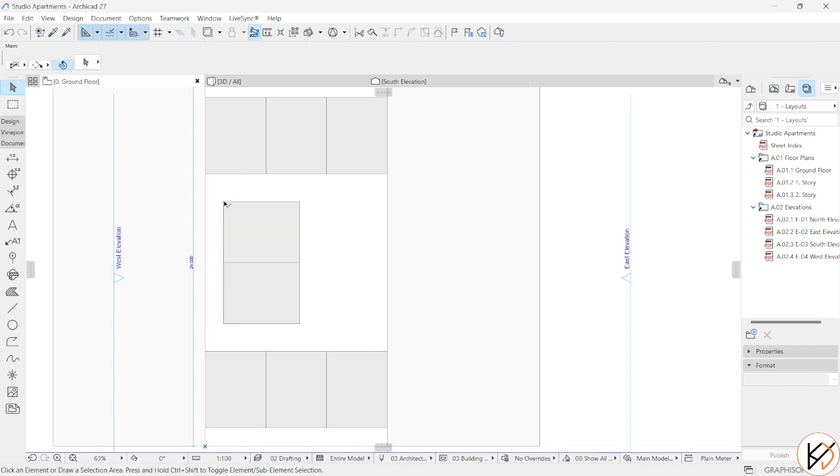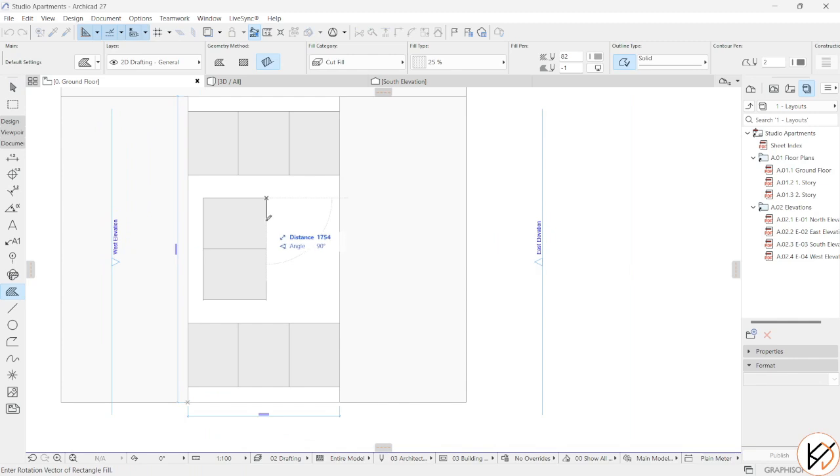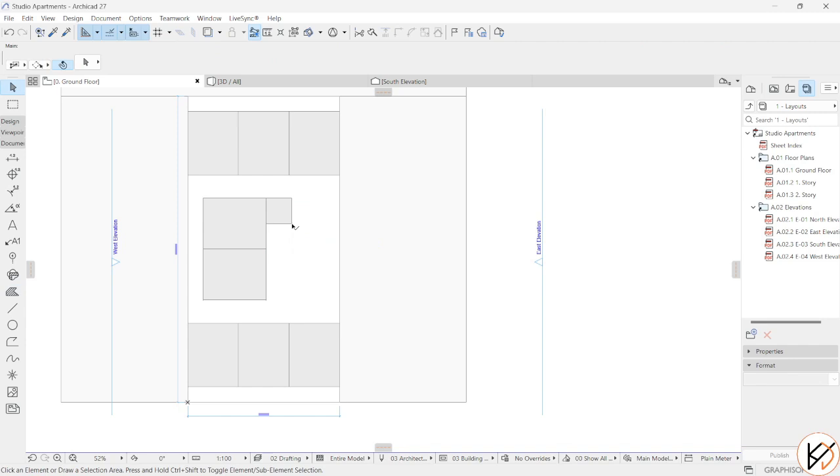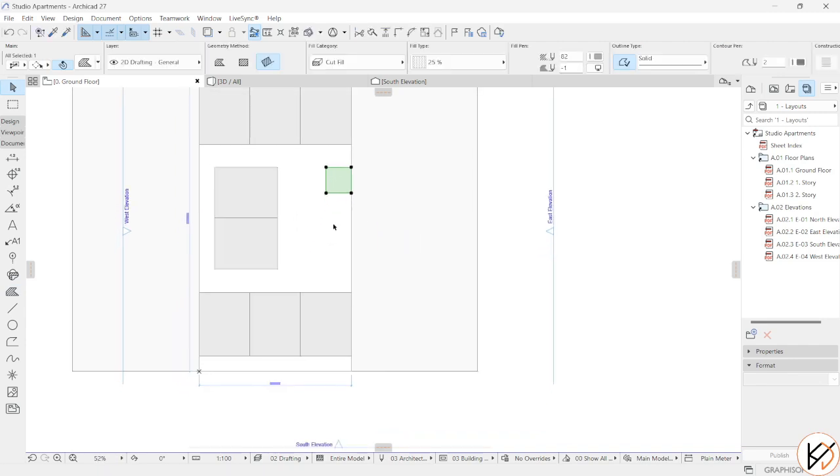So this is the basic arrangement we have, and then we can say we have the lift. Let's say it's 2 meters by 2 meters roughly. We will adjust, and we can say the lift is here. And we have the staircase. Of course, the staircase, we can say it's